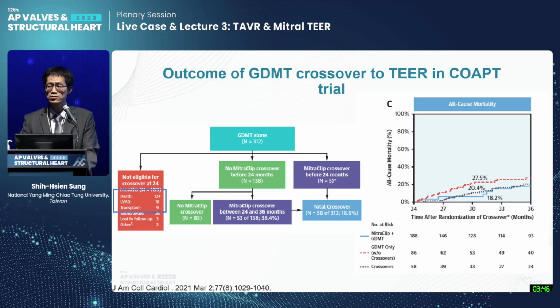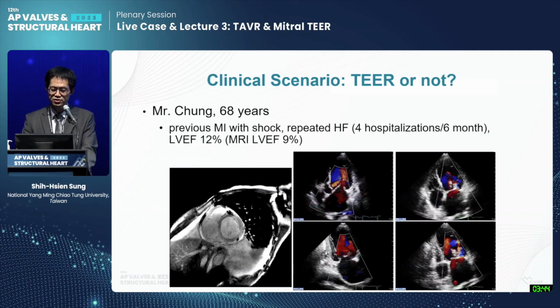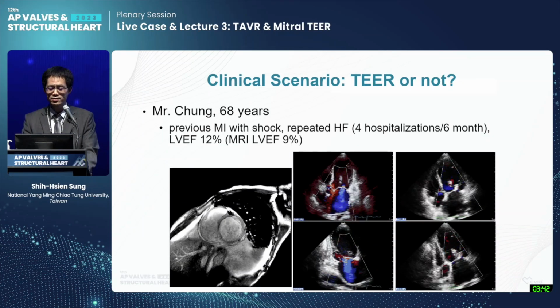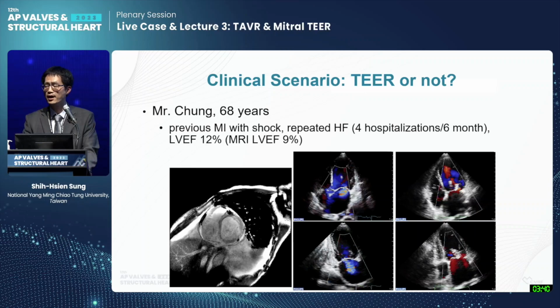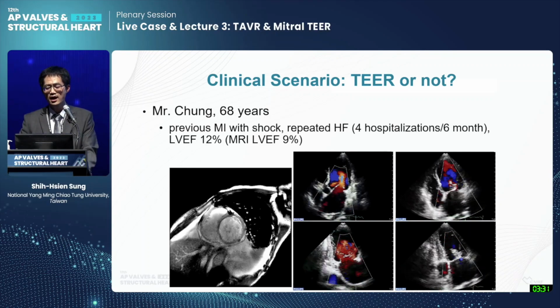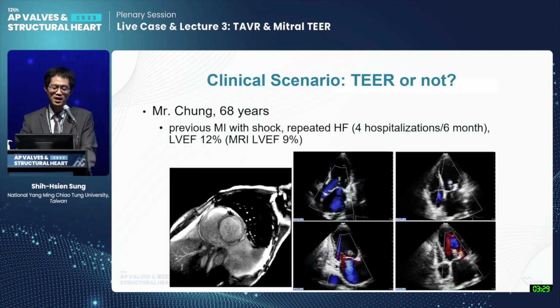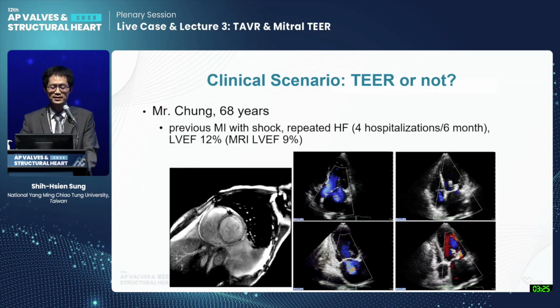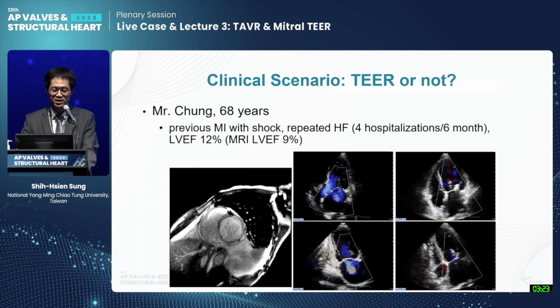They did not get any chance to have the TEER procedure. So this is also our patient, 68 years old, prior MI in cardiogenic shock, and thereafter he suffered repeated heart failure hospitalization. The EF is only 12. The patient had to stay in the hospital. So with the TEER procedure, we bridged the patient to candidacy for lung transplantation, and the patient can be discharged